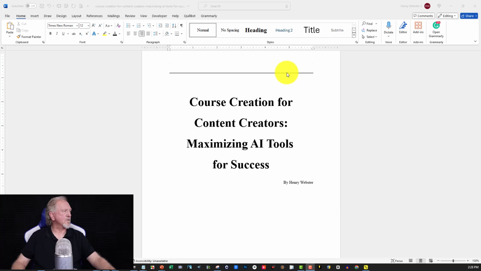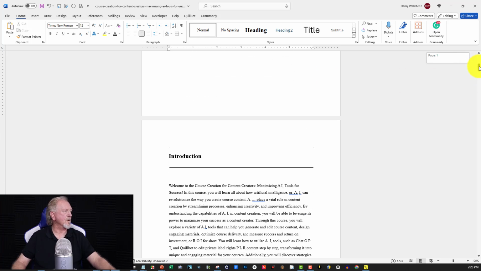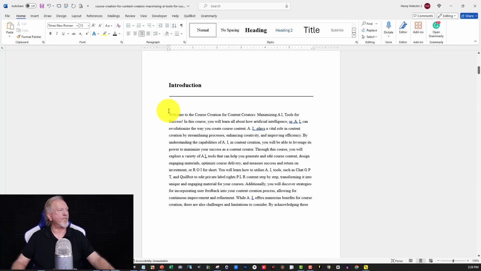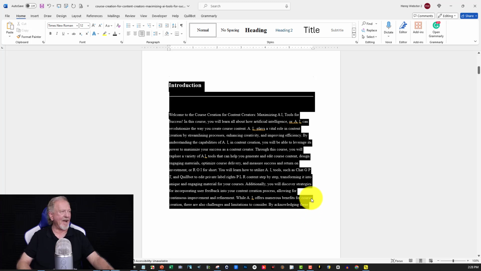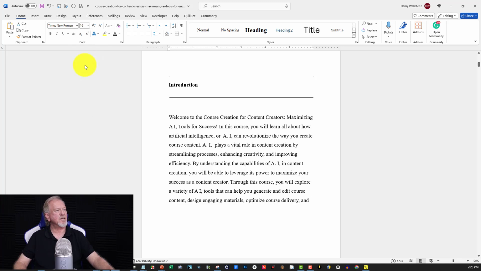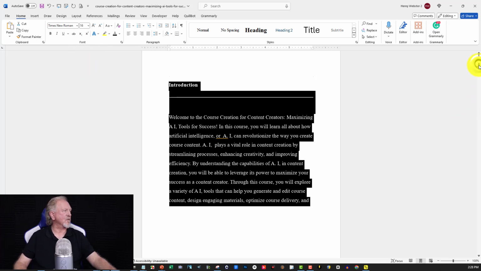Okay, we're back. So if you don't like these lines, you can also get rid of those, but that's okay. That can be done later on. Just scroll down, have a look. Now I find that these fonts are probably just a little bit too small. So I'm just going to go Control A, and then we're going to expand that up. I'm going to take that up to say 16,